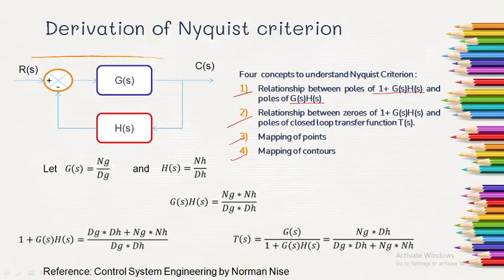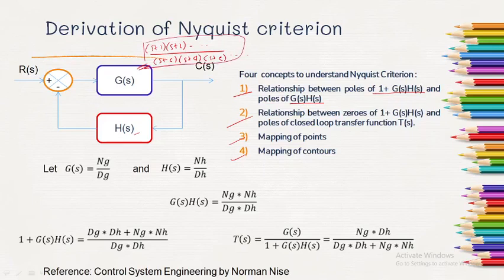Okay, now we have this control system, where we have G(s) and H(s). Now this G(s) can be anything, meaning this function G(s) can be represented as something like (s plus 1)(s plus 2)(s plus 3) and so on, divided by again (s plus c)(s plus d)(s plus e) and so on. So this G(s)H(s) can be a function something like this.